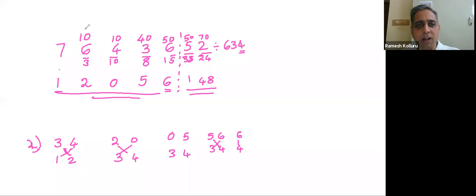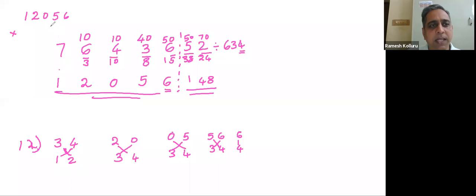All these things I'm writing just to show it to you. Otherwise, we can do it mentally. We can train our mind in such a way that we do the maximum possible digits and the cross multiplication. You have to start with a single one and then keep on increasing the multiplication as we do in multiplication, right? In multiplication, what is the first step? If I want to multiply